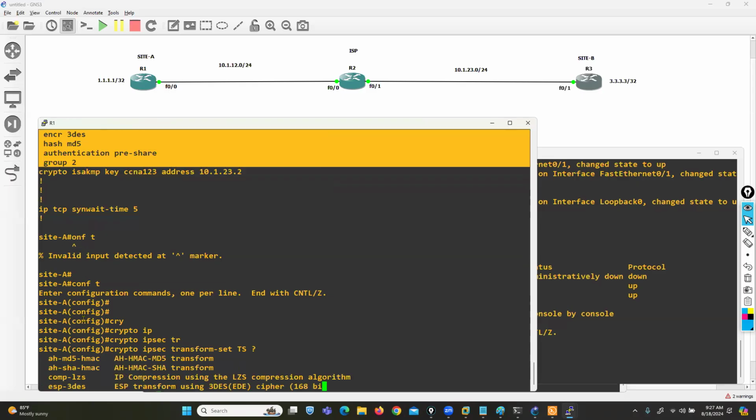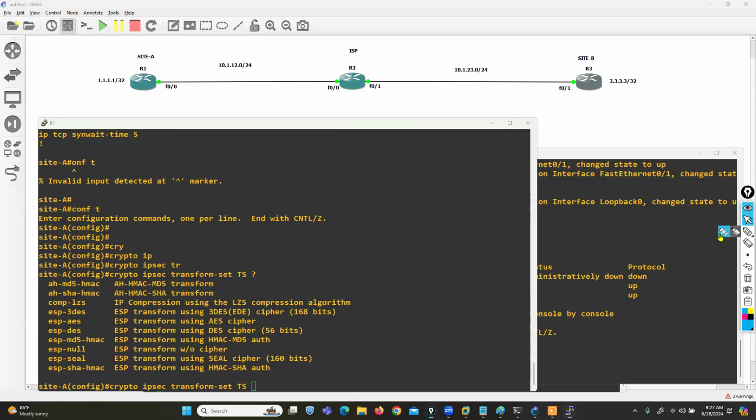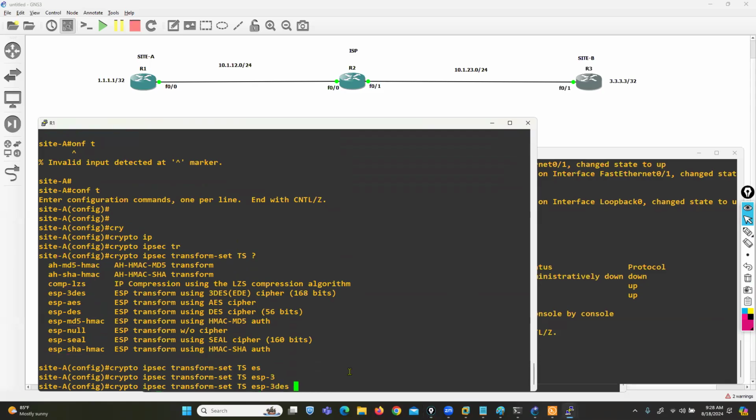Now if you type question mark, you can see here we have the AH protocol and we have the ESP option. AH is Authentication Header. If you talk about the phase 2 protocol, we have two options, AH and ESP. If you go with AH, it will only provide you a hashing mechanism. It will not provide you encryption. But if you go with the ESP protocol, ESP will provide you encryption and ESP will provide you hashing. That's why for the phase 2 configuration we are using the ESP protocol, ESP triple DES,